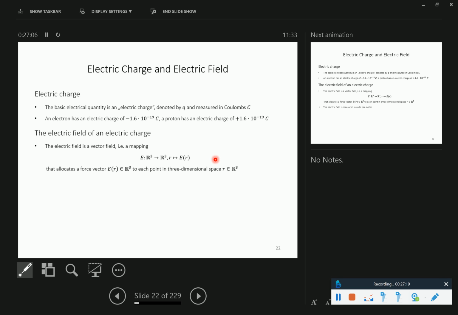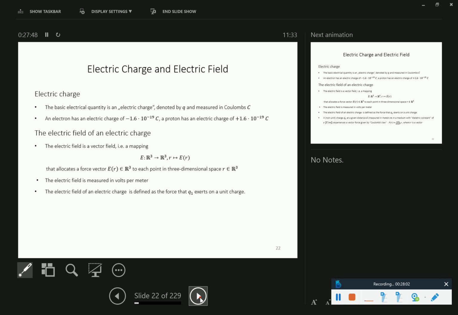And the field is this abstraction, I don't know how to call it differently, that assigns to each 3-dimensional point in space a 3-dimensional force vector that says how a different charge will be moved in this direction, this direction, this direction. So field just means a multivariate vector-valued function, and in this case, the electrical field goes from 3-dimensional space to this 3-dimensional force vector. It's measured in volts per meter, why you will see,